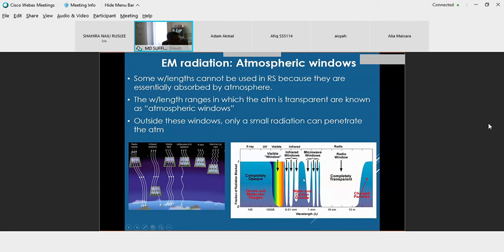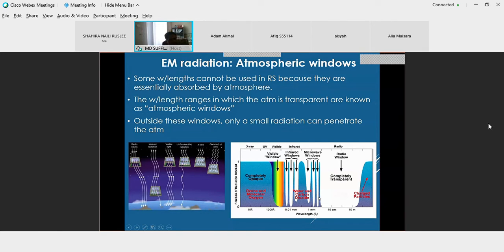Kalau nampak kat sini, this one is because of the absorption by water and carbon dioxide. Dekat sini juga ada charged particles that absorb radio wavelengths. Dekat sini kita ada ozone, UV dekat lapisan stratosfer, that absorbs the UV radiation. Jadi yang bukan bermaksud tak sampai langsung, termasuk bahawa dia punya intensity is very weak lah, very low, because of the absorption of atmospheric gases and particles in the atmosphere.